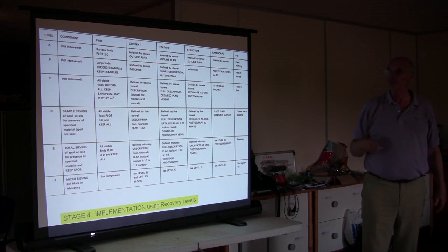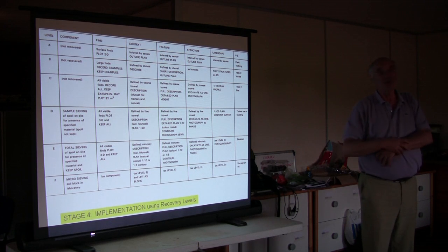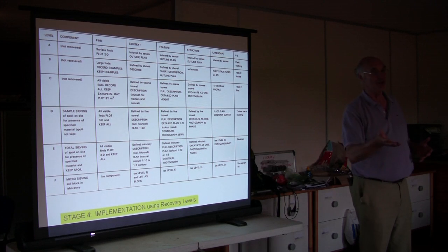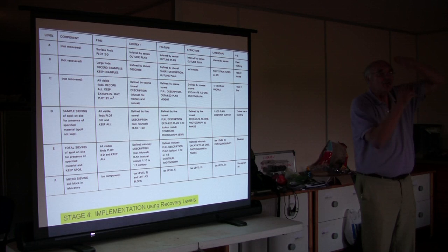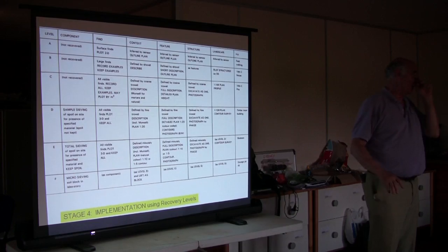Now all these are going to cost different amounts. And if you're going to say, well, how do you know that in advance? The way you know it in advance is by evaluation, that is to say, taking a sneak preview of the deposit. Now here you have a sneak preview. You also had a previous preview, so to speak. So we had a pretty good idea of how deep you're going to have to go before you get, say, to the platform of wood or to the causeway. So you know that soil is pretty mixed because people have seen it before. So the machine comes away and takes off the first metre of the site that you were looking at today